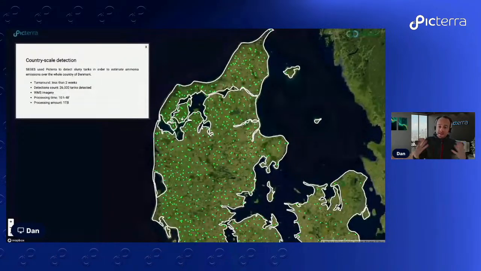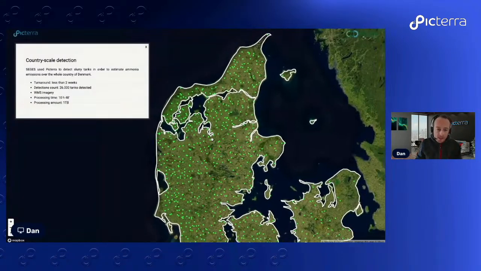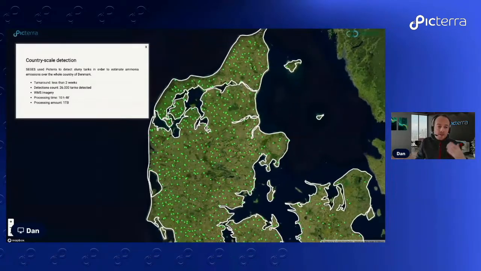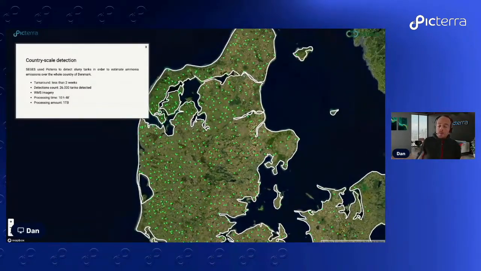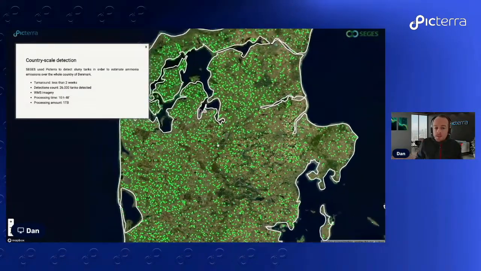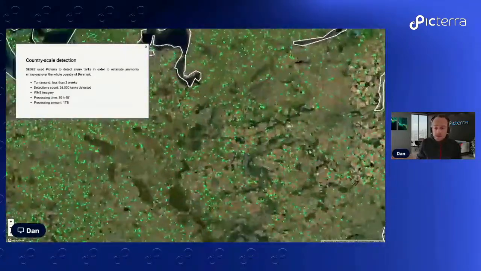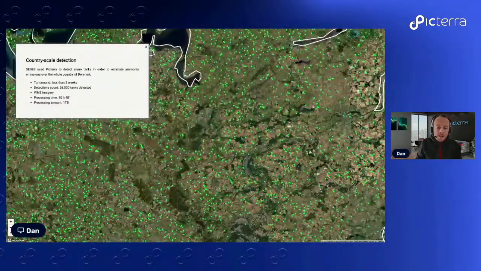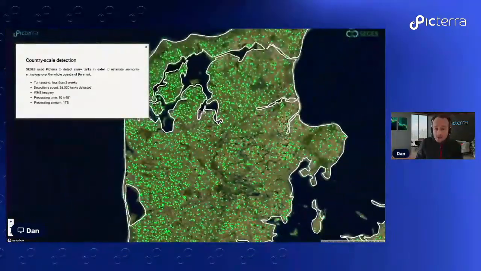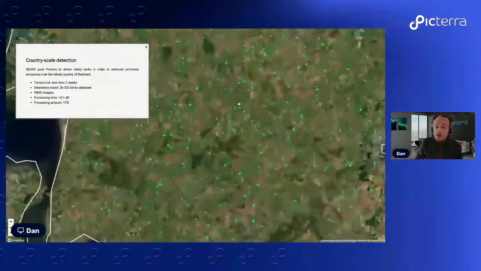And then talking about doing things at scale, this is the whole country of Denmark. Now, what's going on here? Well, the project here by Sedges was to detect slurry tanks across the whole country because they wanted to estimate the ammonia emissions of the whole country. Now, this project, in less than 2 weeks' time, and actually very few annotations, like 50, 60 annotations were made to train the model here, went out and then detected over 26,000 tanks across the